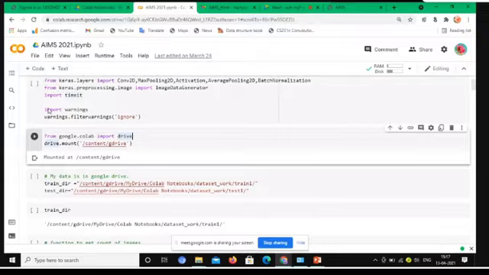Here is one dataset folder. Now I create one dataset folder named dataset_work. Here I have to create two types of folder: one is test and another one is train.